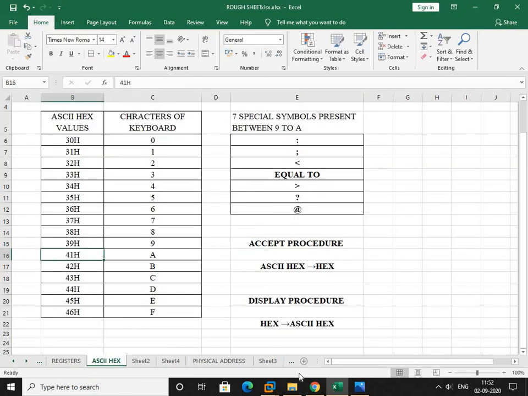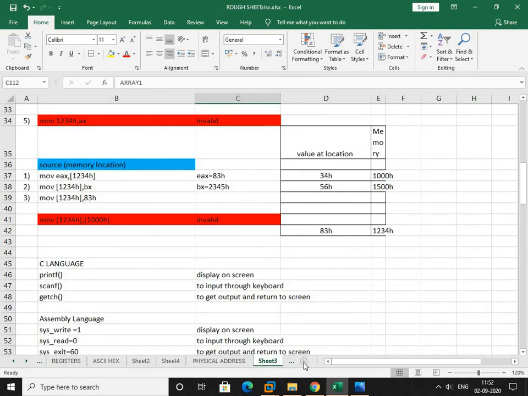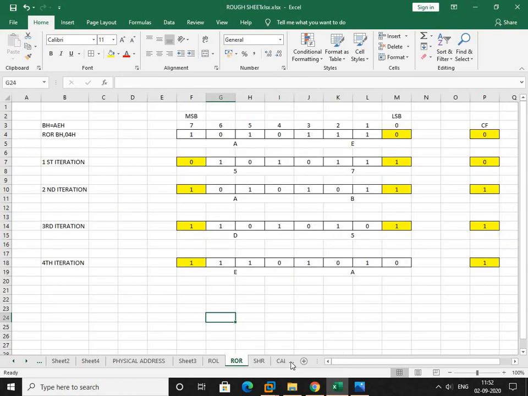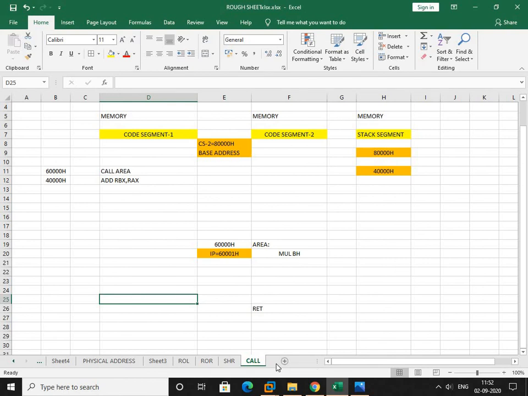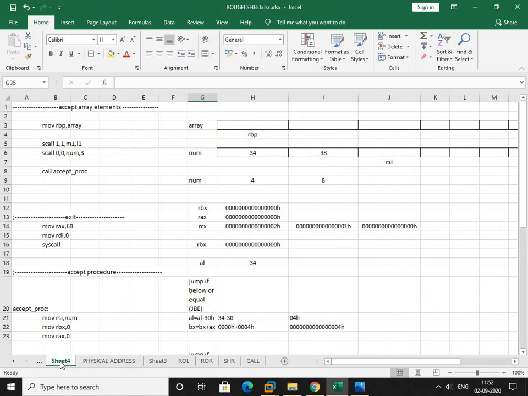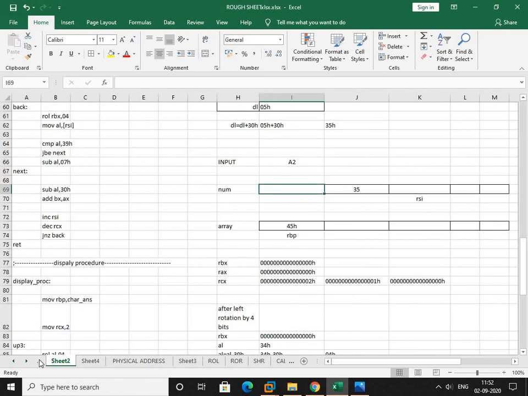It is 41H, right? So here 41H will be stored, and for 2, 32H will be stored. So I'm going to explain the accept procedure for the same.